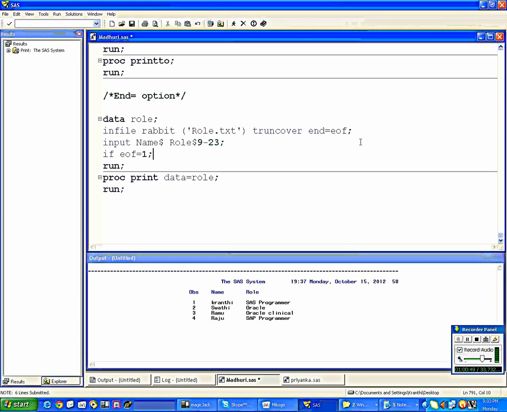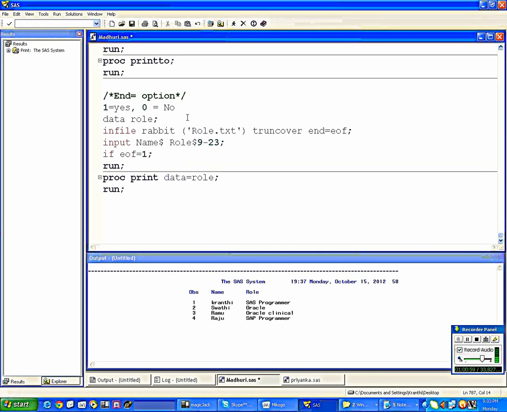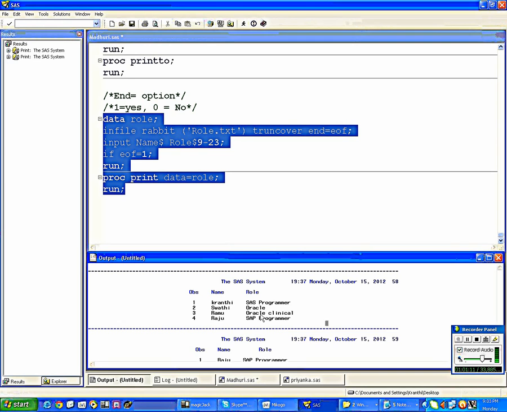Then if EOF equal to 1. Always, 1 equal to yes and 0 equal to no. So to the last one I named it as EOF, and I am asking EOF equal to yes, means print the last one.